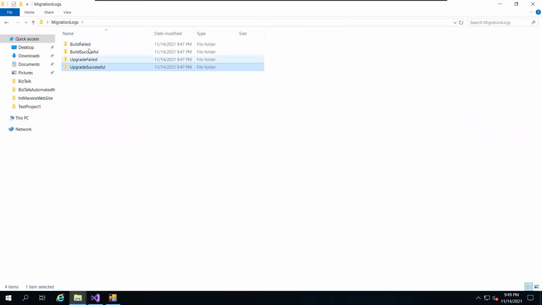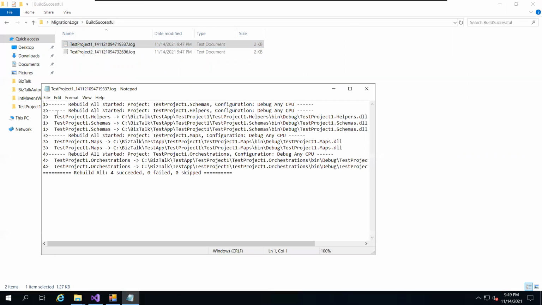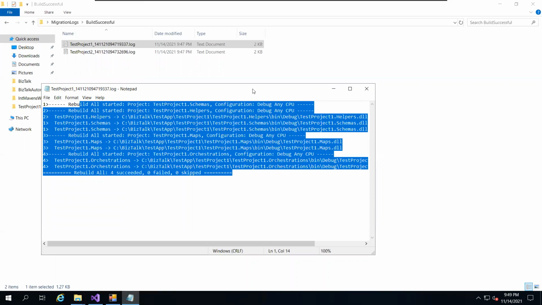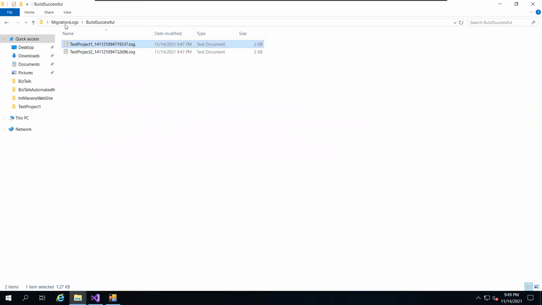But the most important log which I always want to look at is the fail log, whether the final rebuild operation failed or not, right? In our case it was successful, and therefore you can go ahead and check all the information, right? Here everything is successful, so it gives very good information. But let's say something failed, in that case it will come into the build failed folder, and you should be able to see the name of that file.